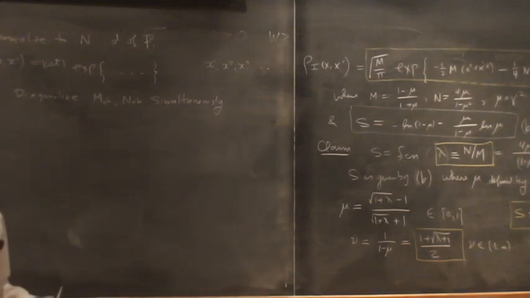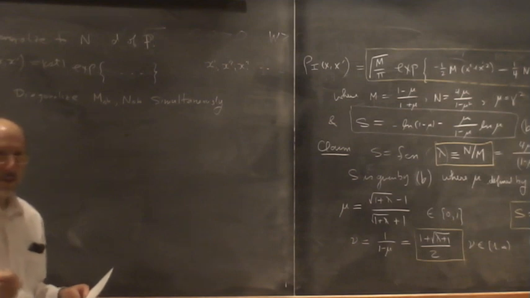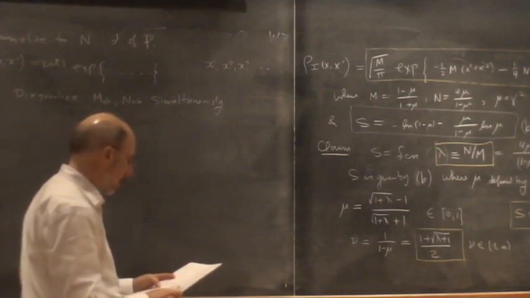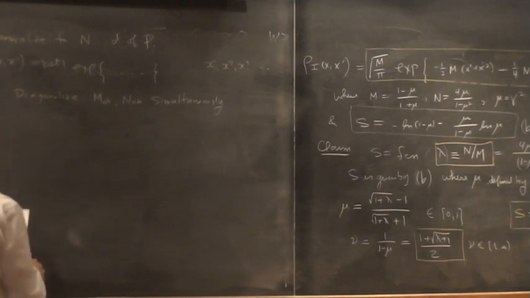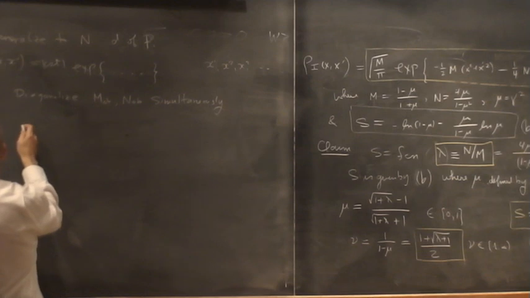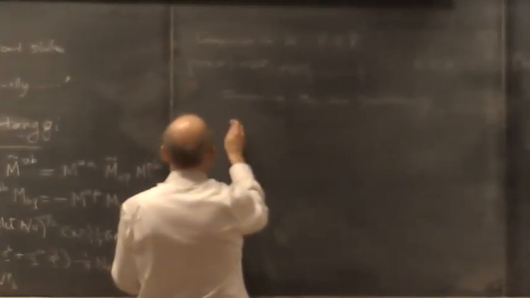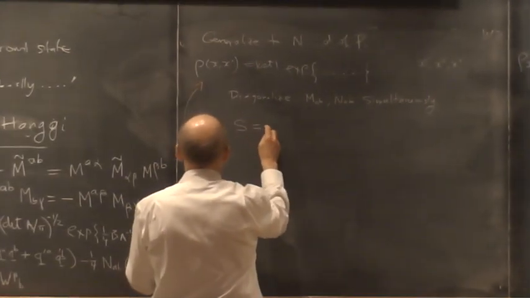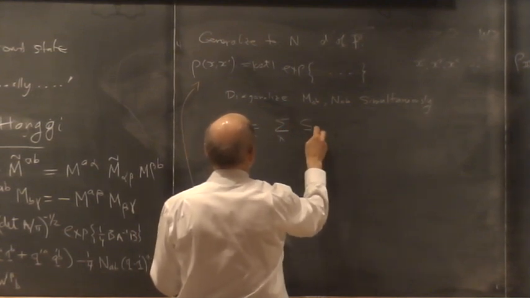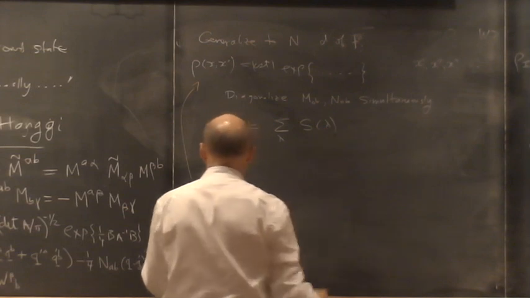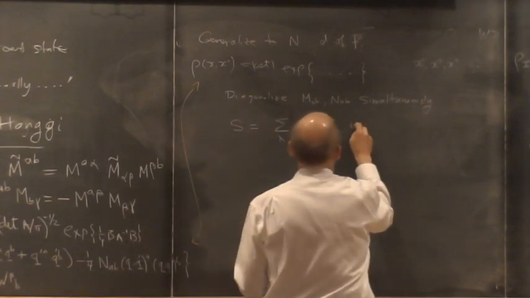You have non-interacting, decoupled systems, and the entropy of the ensemble is just the sum of the entropies of the individual ones. You can justify that from pure mathematics, if you like, but it's physically completely obvious once you're used to the general facts about entropy. And so we find that S is the sum over lambda of what I'll call S lambda, where lambda